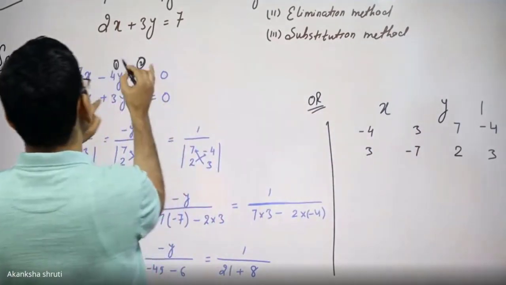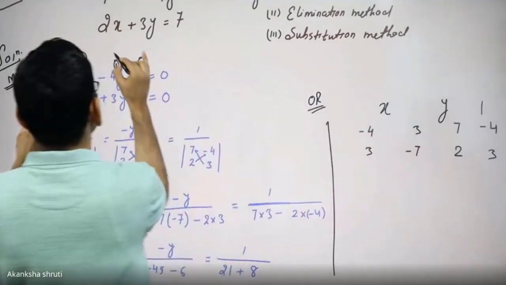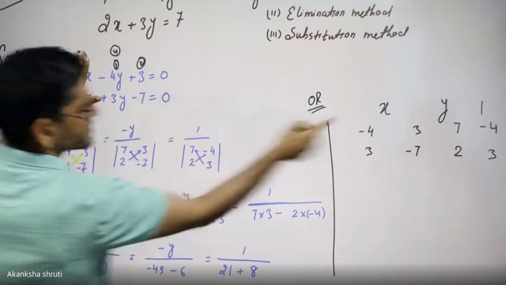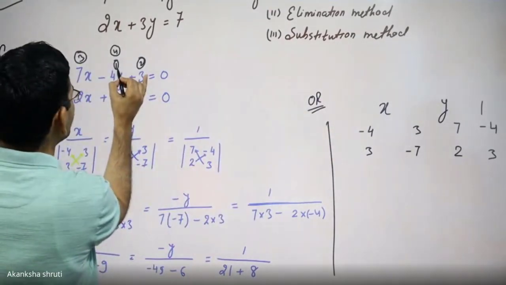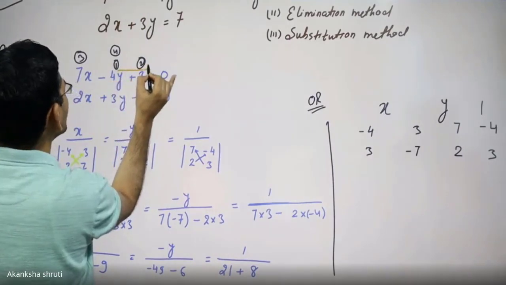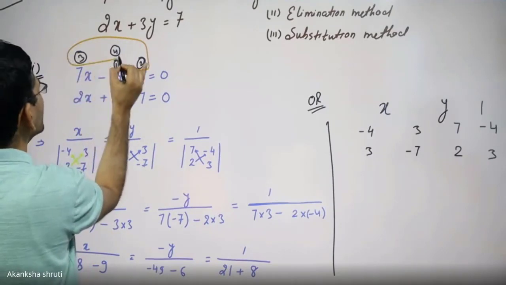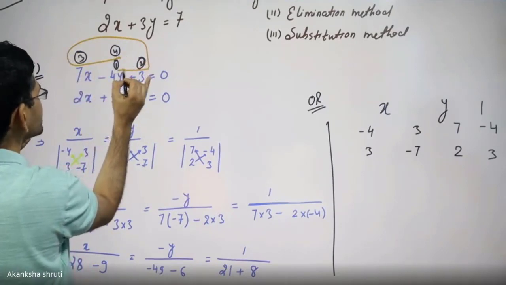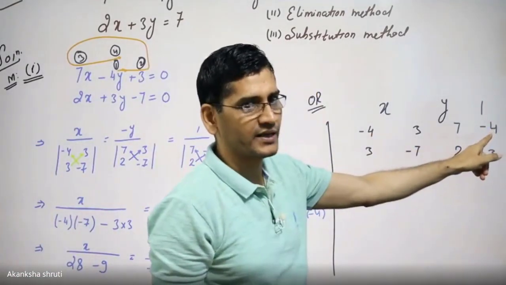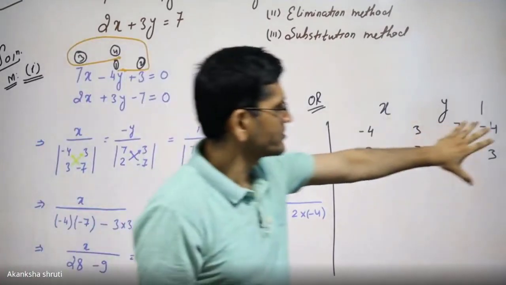Then again you will go here. This is the third column that you need to write. And this is again the fourth column you need to write. What you are doing? For writing this x, y, z, you are starting from here. Student, you are starting from this y, going to this one. Then you are again jumping back to this one, coming back. This way a circle is formed. Okay? आप यहां से देख सकते हैं, देखिए -4, लास्ट में -4 पर ही हमने एंड किया. Okay? So even just by writing in this way, we can also get it very easy.